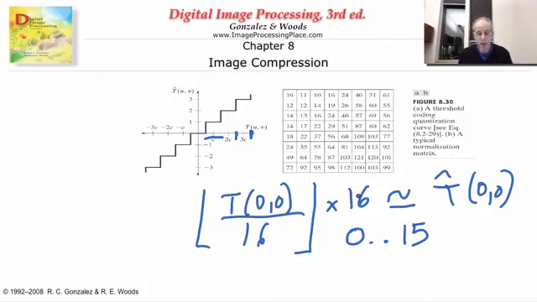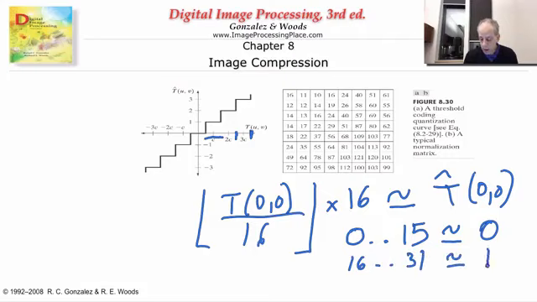I multiply by 16, and it stays 0. So basically, every number here became 0. So every number then between 16 and 31 became 1. So I'm basically quantizing, and I'm helping Huffman to basically have fewer numbers to send and